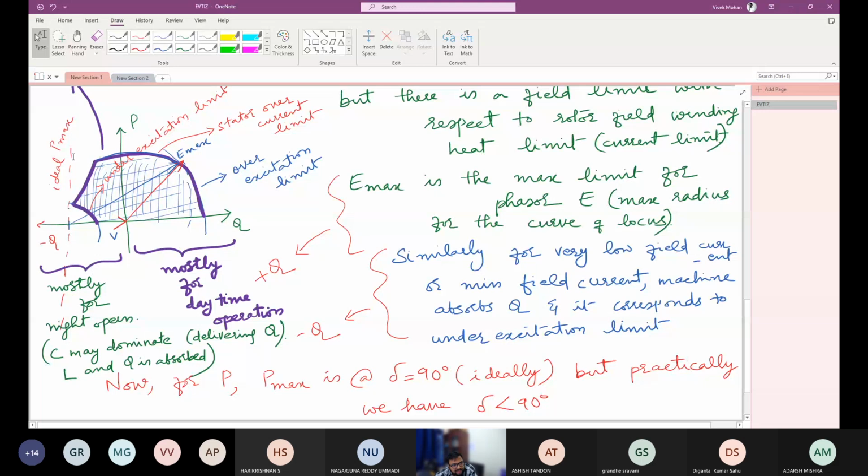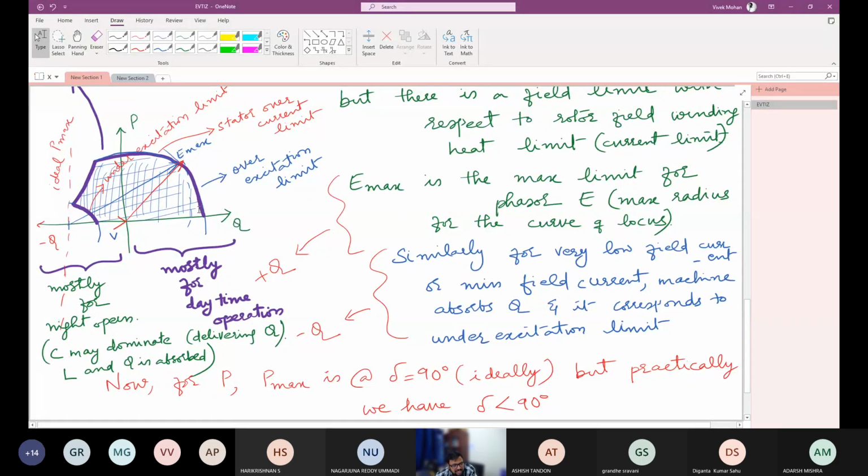of power angle. Now when there is a steady state increase in the system load, then the generator delivers more active power, which means the stator current is more, right? So the whole locus of the active power limit should correspond to the stator overcurrent limit, because stator heating should not happen. It should not be overheated. So this locus corresponds to the stator overcurrent limit. So this is the stability limit, P limit with respect to stability. This is P limit with respect to stator overcurrent. This is E limit or field current limit